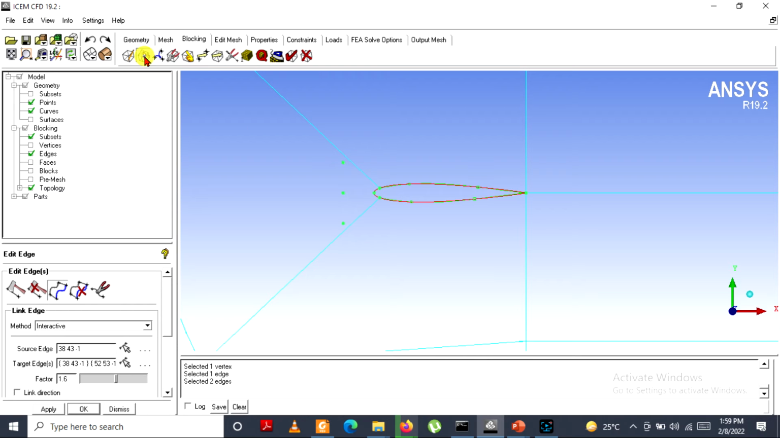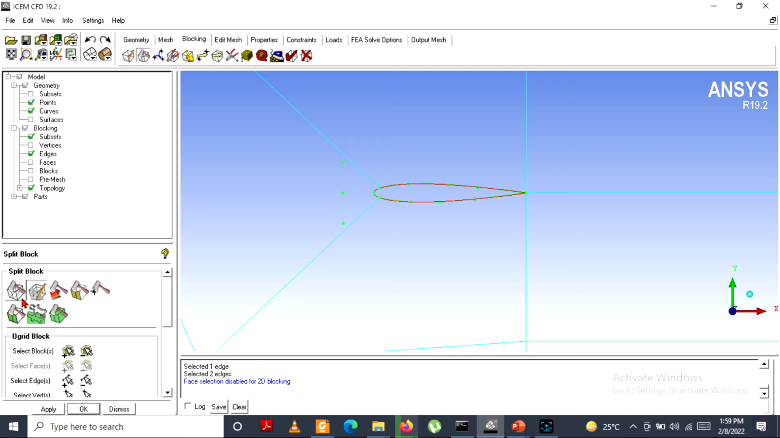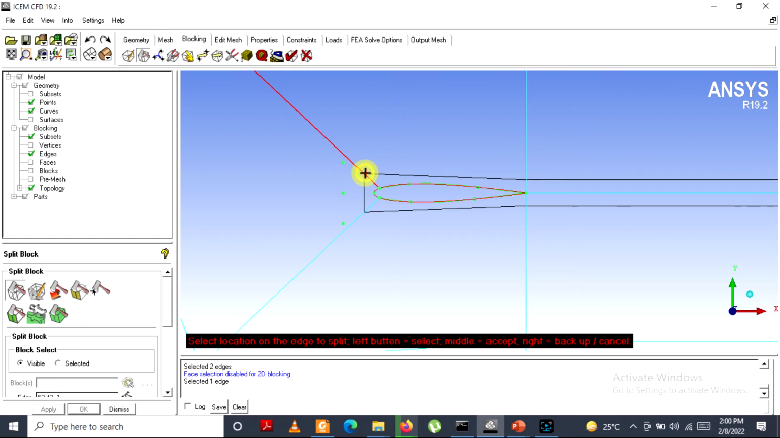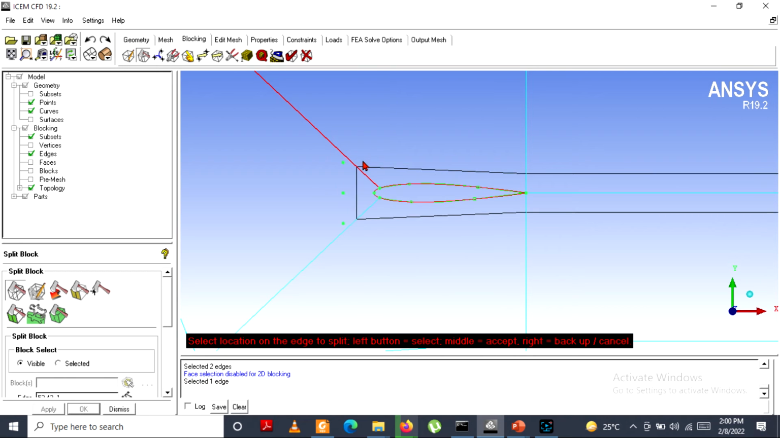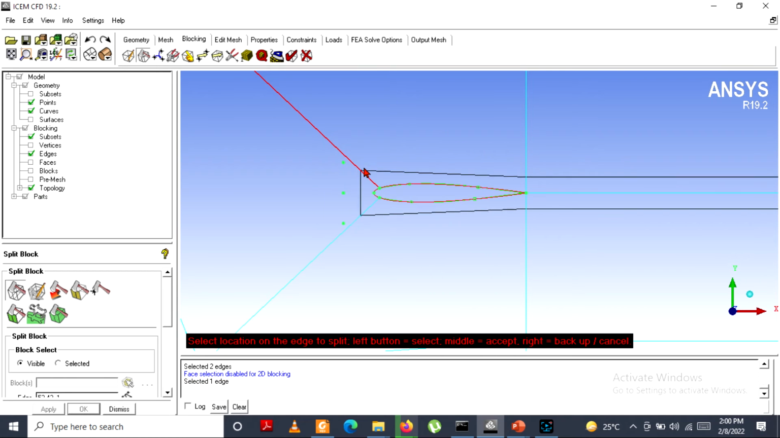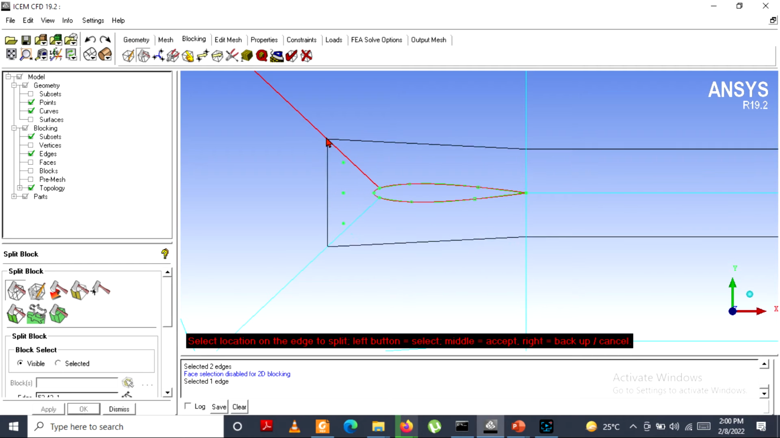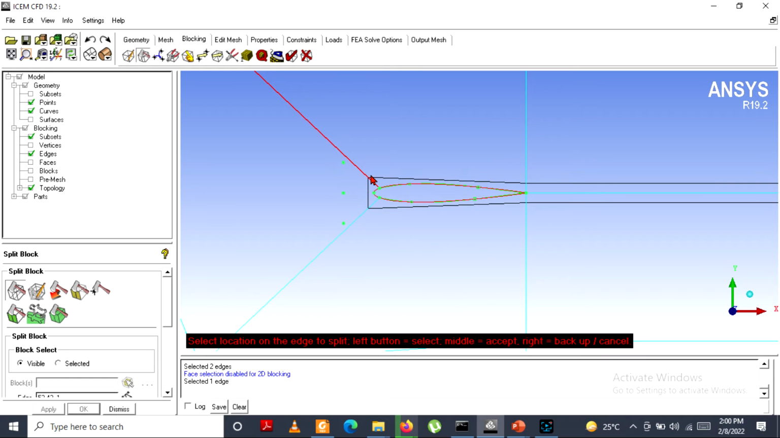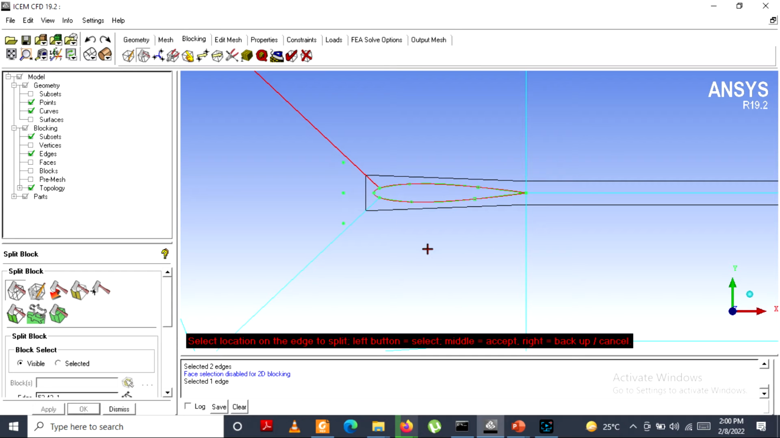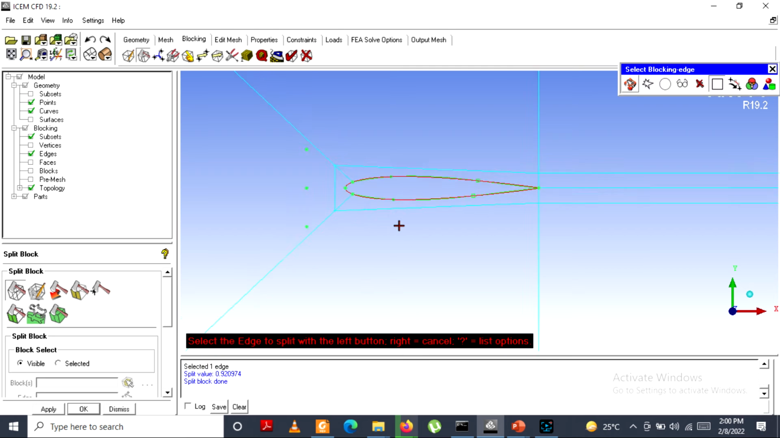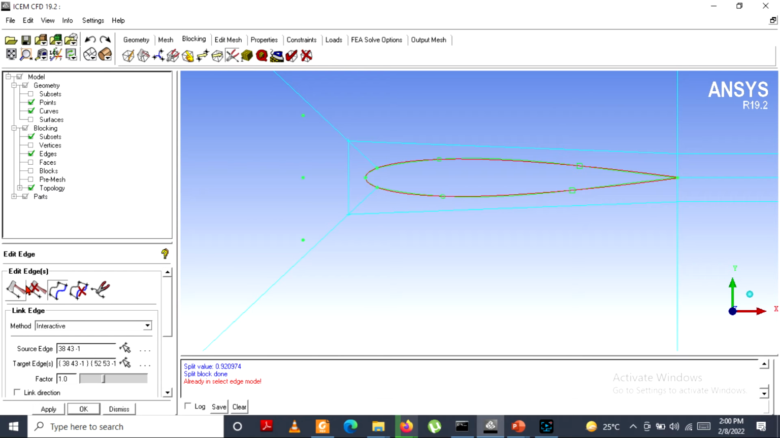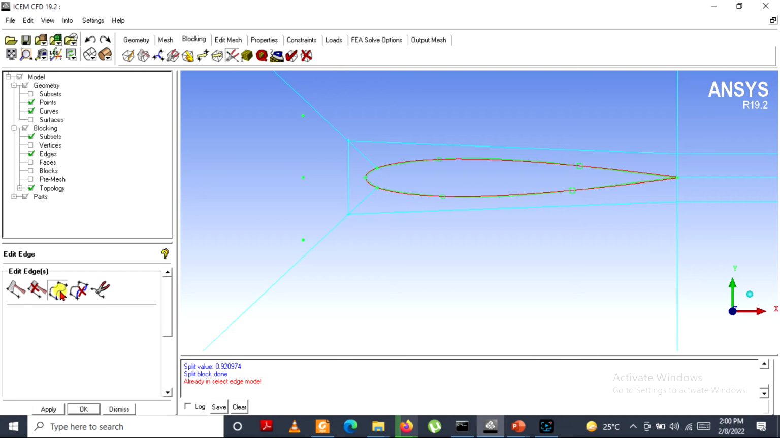Go to the split block command and select the first option, split block, and press here, and by moving the mouse with the left mouse button, you can see that you can change the size of this block. So let us keep it very small, and again we will link this. Again go to the edit edge command and link edge,